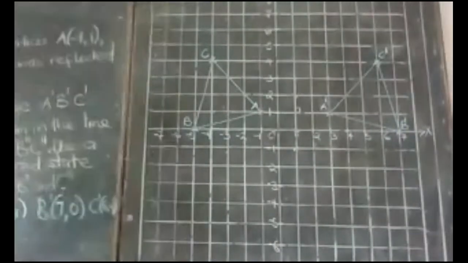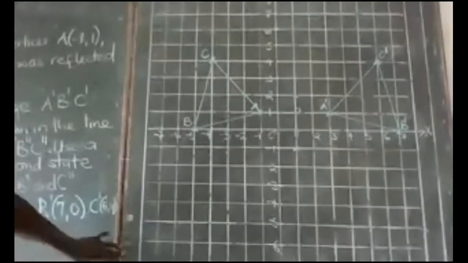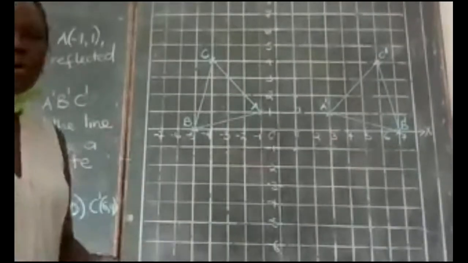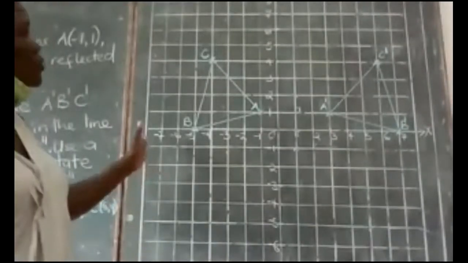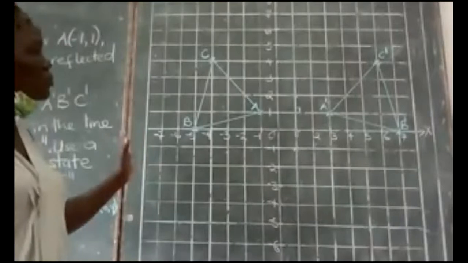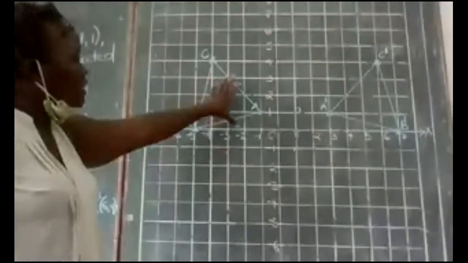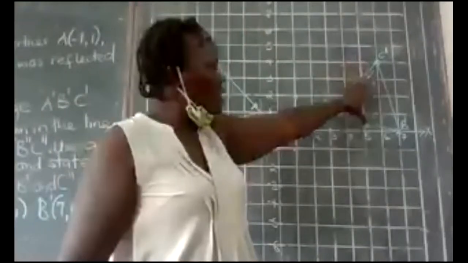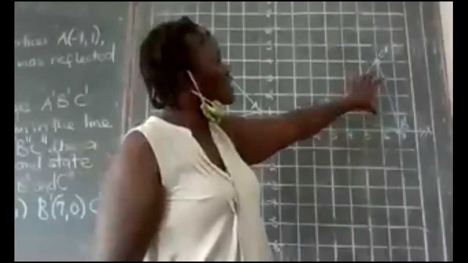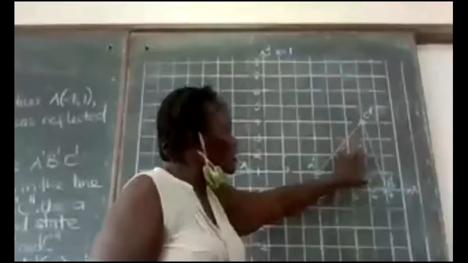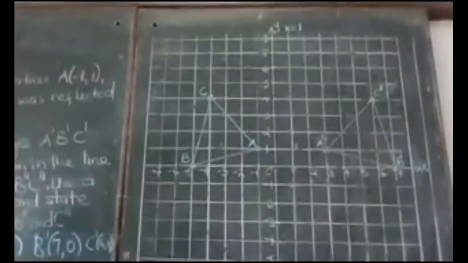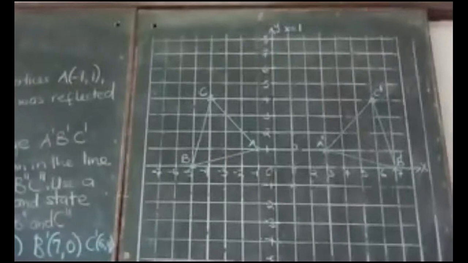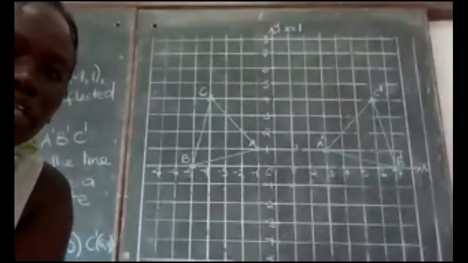Okay, the next part. This question was somewhat connected. It was 2 in 1. The first part was to reflect our object through this mirror line to get our image. And then thereafter, we're supposed to reflect this image that we've got through another line, which is this time horizontal. For those who did not capture all,